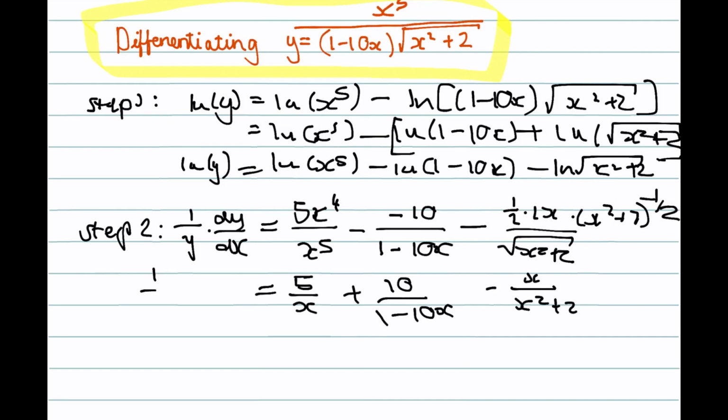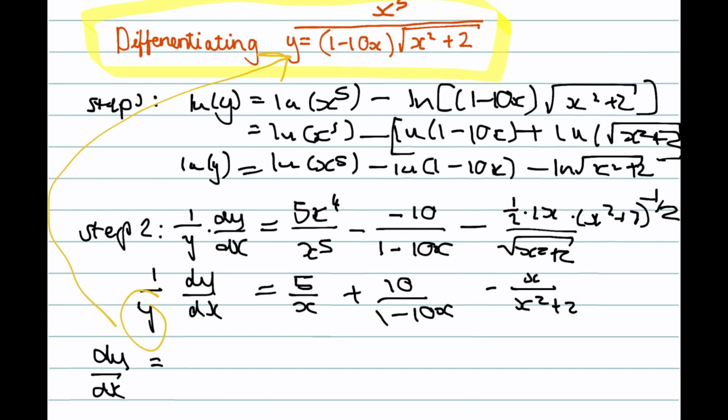And now we see that we can isolate dy dx, and we have also already been given our function for y. So plugging y in and solving for dy dx, we get that dy dx will be equal to y times 5 over x plus 10 over 1 minus 10x minus x over x squared plus 2,